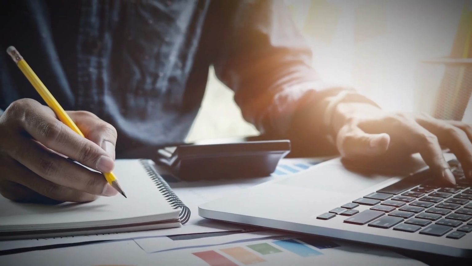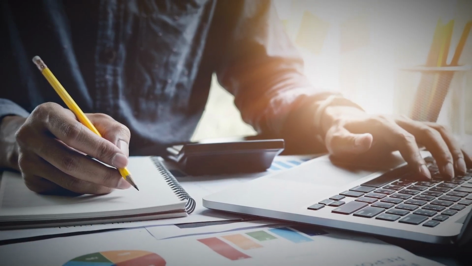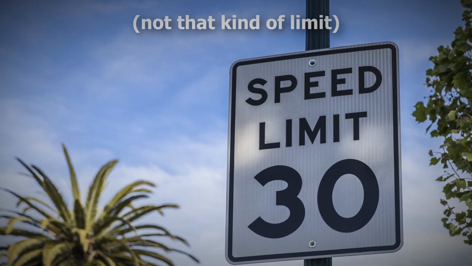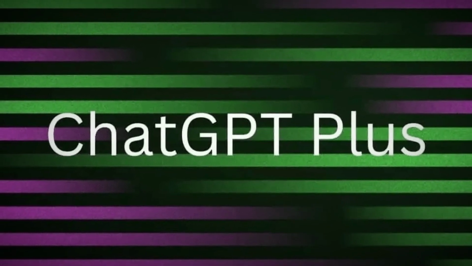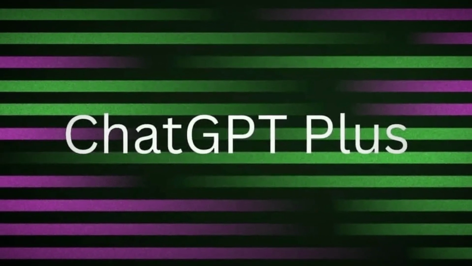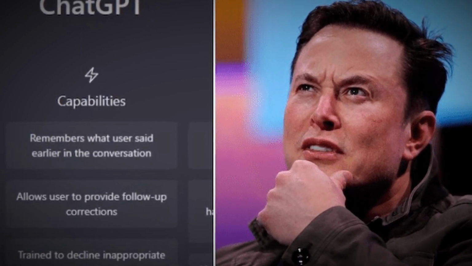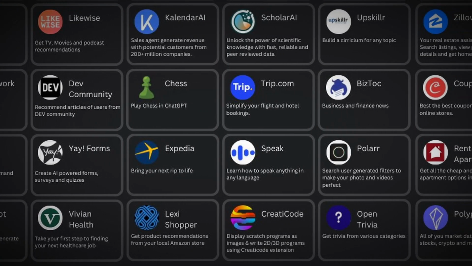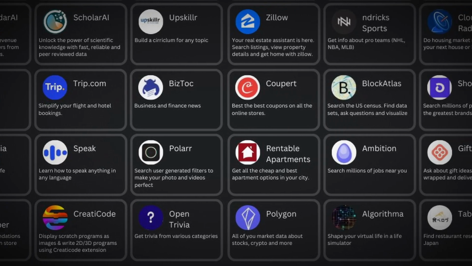Another downside is that there isn't really a way to test plugins privately. They're all publicly available on the store, so you can't really experiment without publishing a plugin first. And not to mention the biggest limitation of all, the fact that you can't use them without ChatGPT Plus, which costs $20 a month. I'm starting to understand why Elon is such a critic of this company. $20 a month is a hefty subscription, even for billionaires. Currently, there are over 735 verified plugins, and some of them are time savers while others are just pointless.